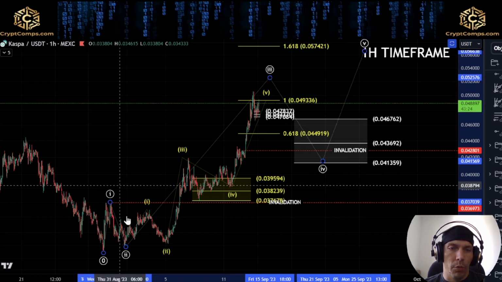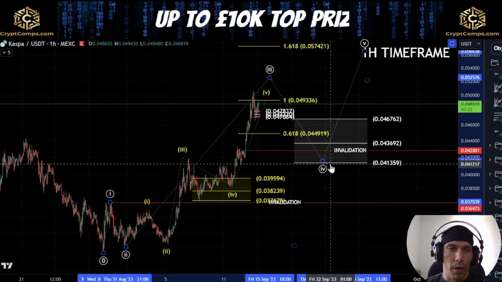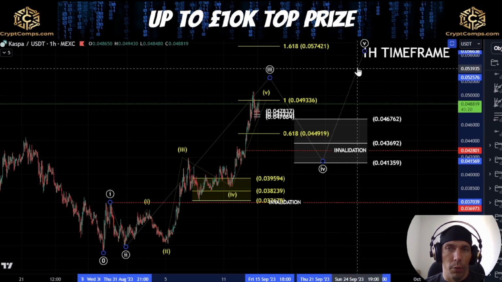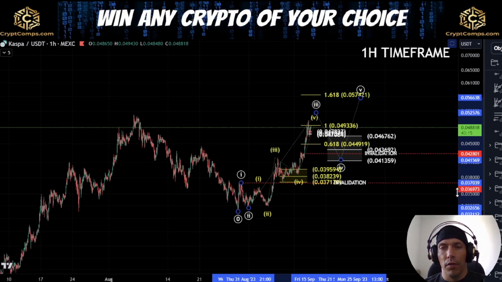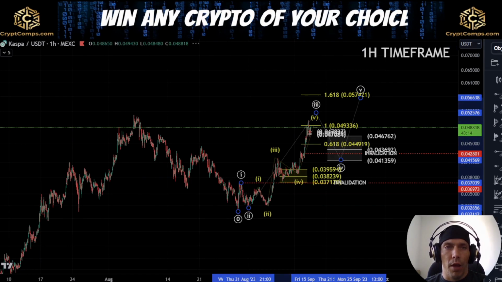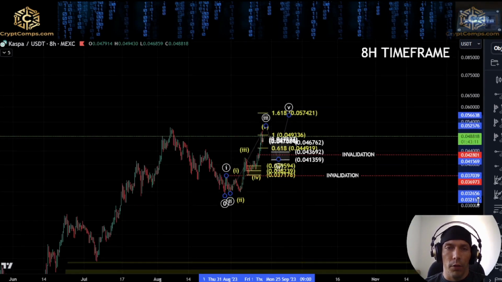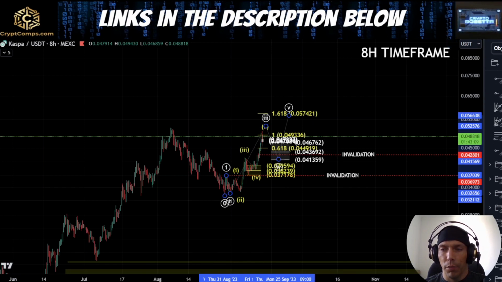then potentially we could be looking for this to continue to the upside, where this becomes 1, 2, this whole move becomes 3, we get a smaller retracement for a fourth and a fifth, and then we carry on in this fifth wave here. Now, this would then look to actually complete the bigger fifth wave here.